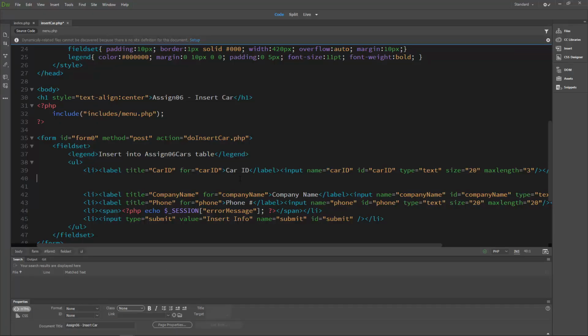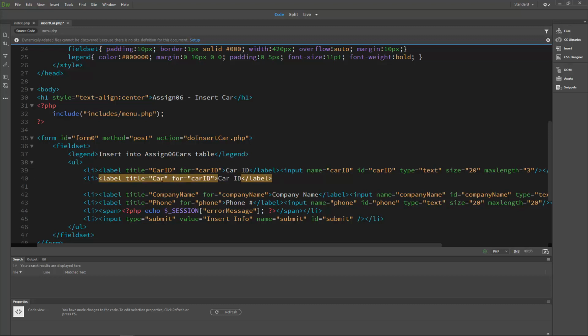Let's get the file ready first. So we're going to start with our li, and we're going to have a label in there. I'm just going to start with this label here and then modify it for what I need. So title is going to be car make, and then for is going to be lowercase car make, and then my actual text that's on the screen is going to be the word make, and then